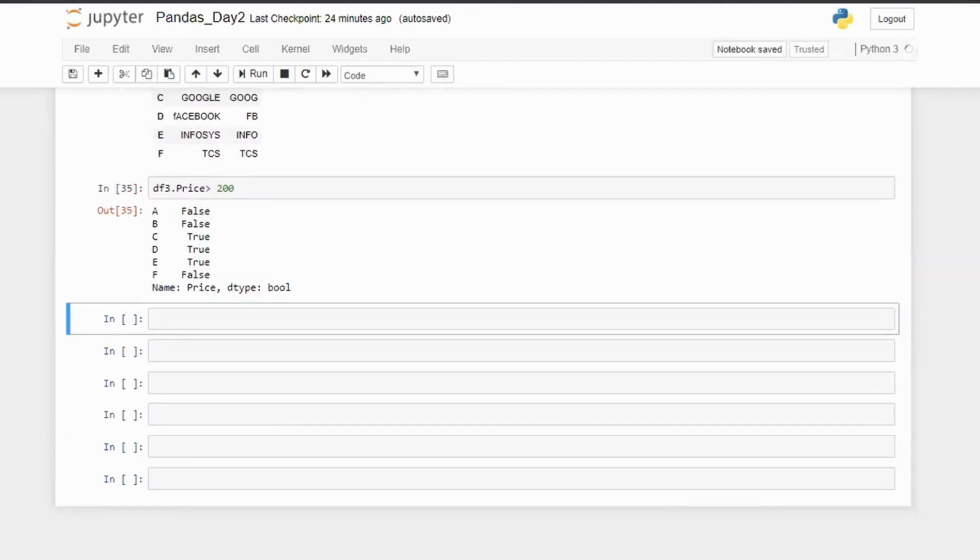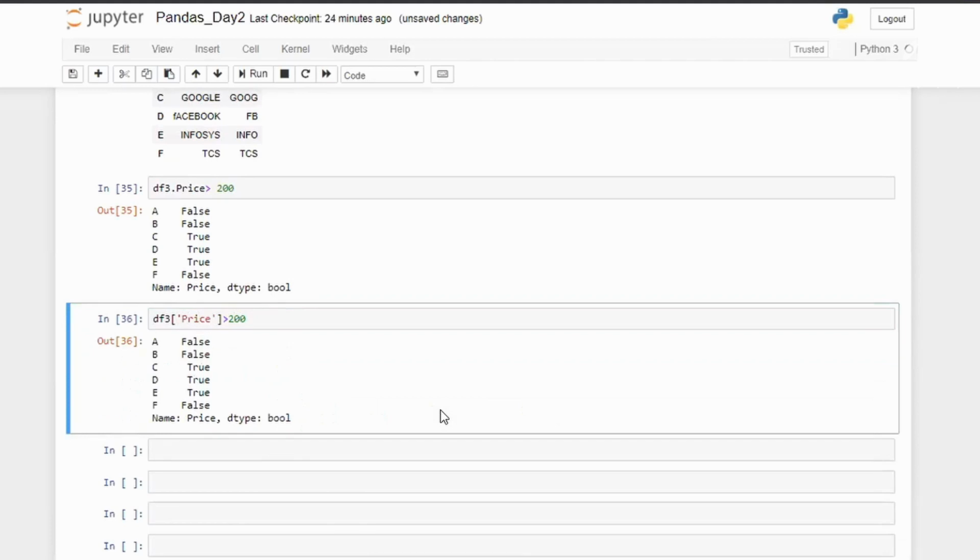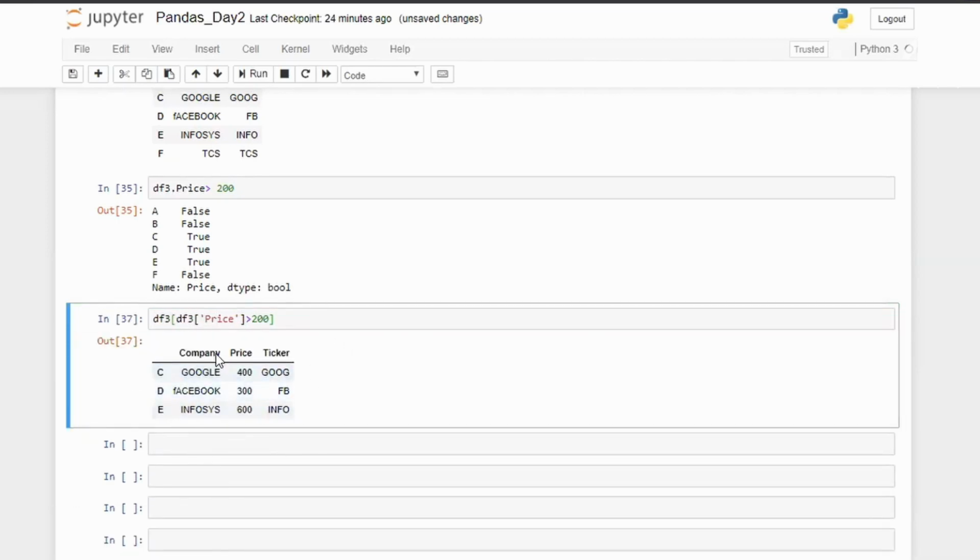So if you want to get the values, just write df3, then in bracket you write the price greater than 200. You are getting a Boolean, right? So keep this inside a bracket and write df3 in the beginning. So you can get the values where price is more than 200.